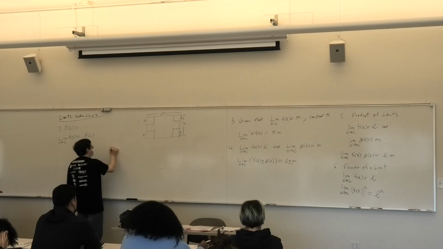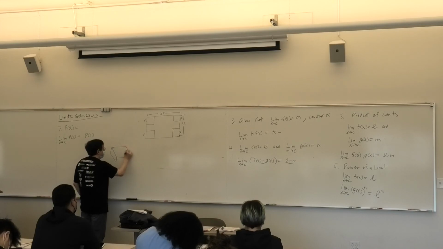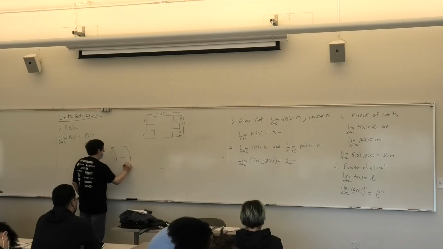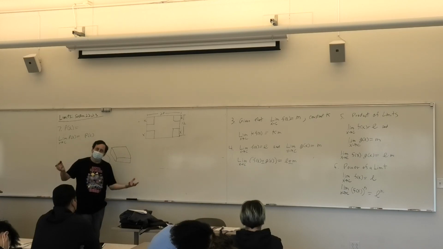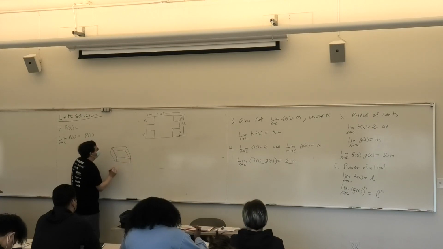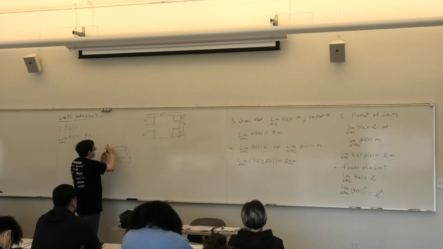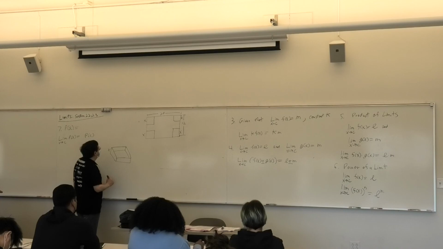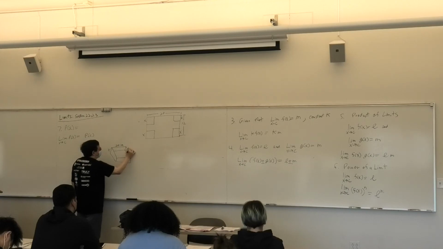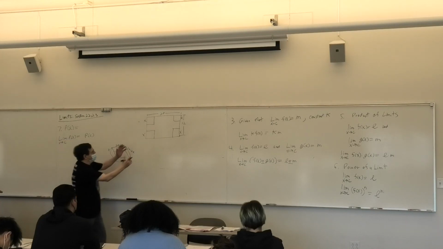So here's where spatial relations come into play, right? I think that's kind of what it looks like. So its height is x, right? And this is 20 minus 2x. This is 12 minus 2x. You have to, like, in your head, kind of